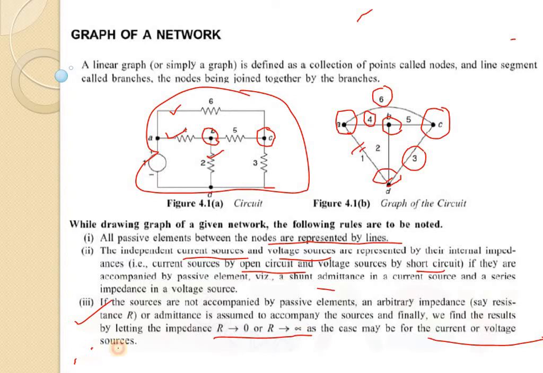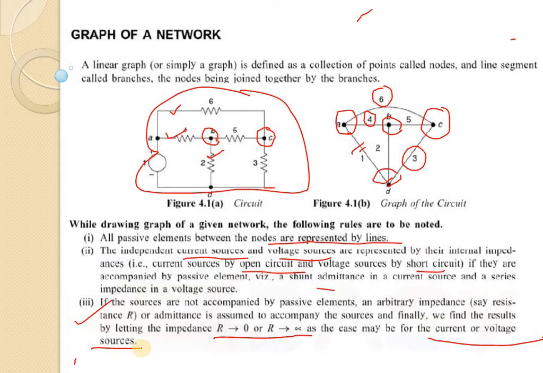I have already told you that for a current source, the internal impedance is basically infinite. So the path will be open circuit, because in a high impedance path, current cannot flow, so the path will definitely be open. And whenever we are talking about a voltage source, the path will be closed as the internal resistance is